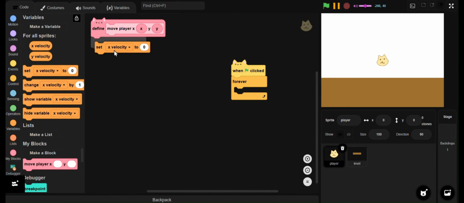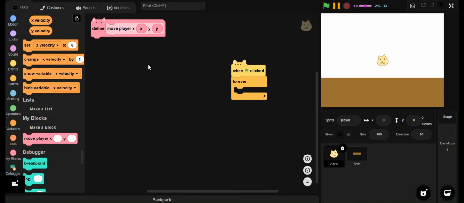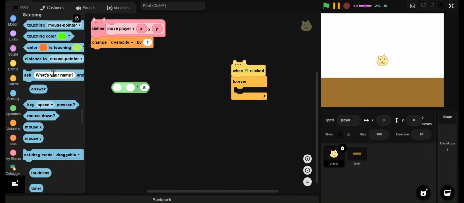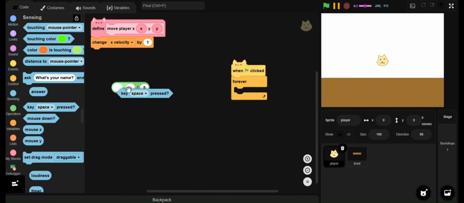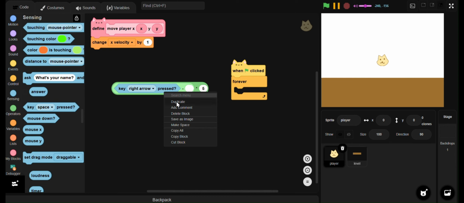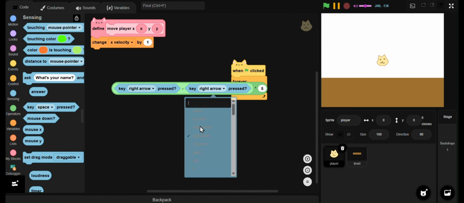So mostly we change X velocity by minus and times. So we do 5. That's the speed of the player. And this is just key right arrow pressed minus key